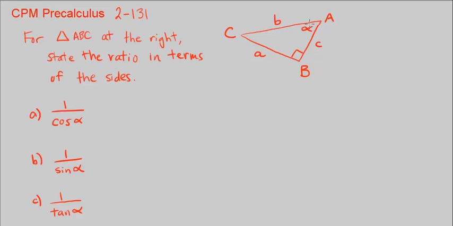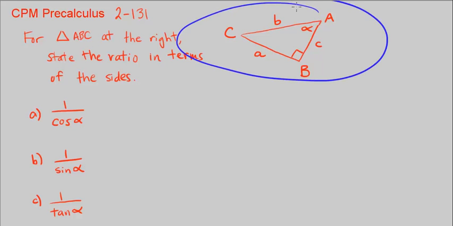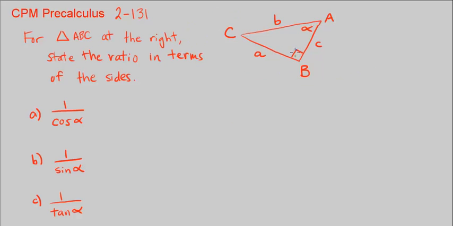Alright, so looking at the triangle here, what do we notice? It's a right triangle. Angle B is 90 degrees. And we're looking at the perspective from this angle A here. The measurement of angle A is alpha, and we want to find all of these